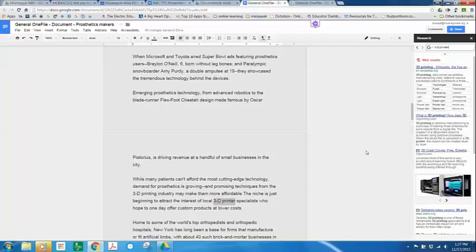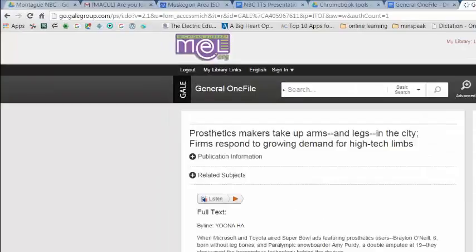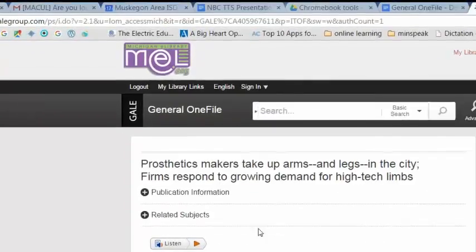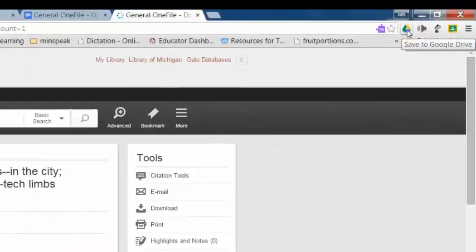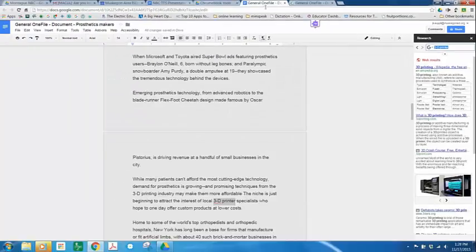And so what we're able to do with Google and with an article is expand on it and embellish it so much more than we ever could, and it's all done right within Google Drive. Now again, I happen to be out here on the Michigan Electronic Library. I used Save to Google Drive. I saved it as a Google Doc so that I could open it up in Google Docs